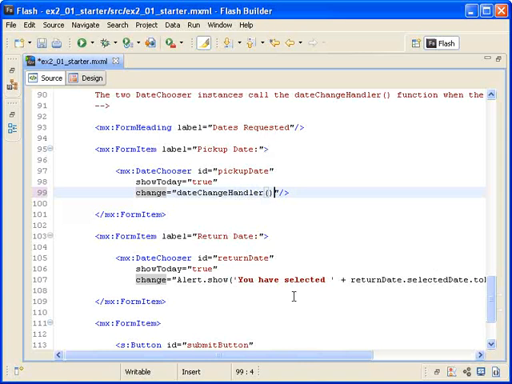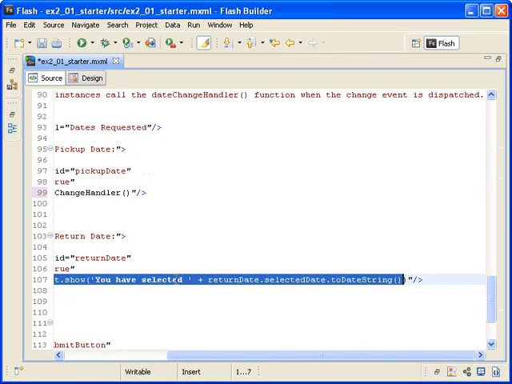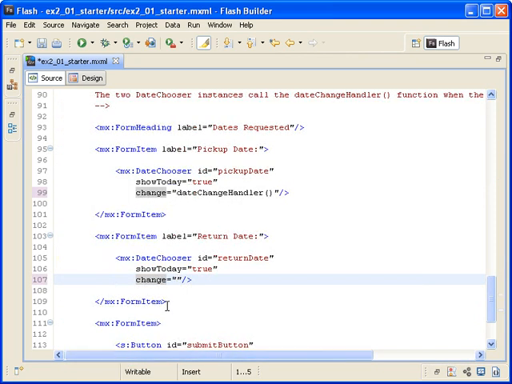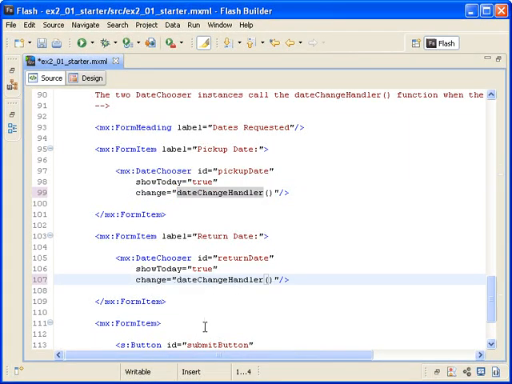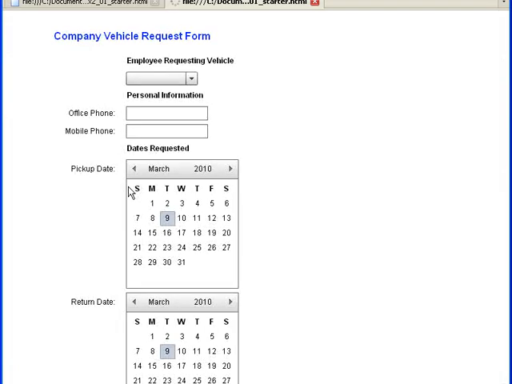I am deleting the alert.show method from the change event of the return date instance and also replacing it with the dateChangeHandler function. When I save the file and run the application, the alert message still works properly when I click